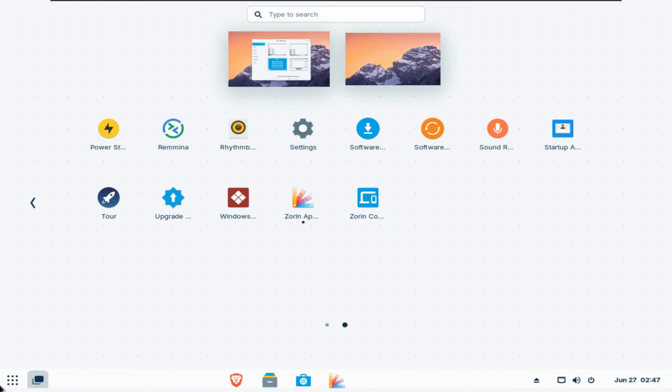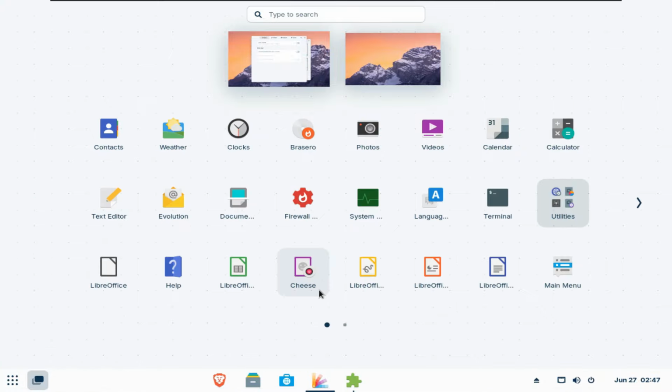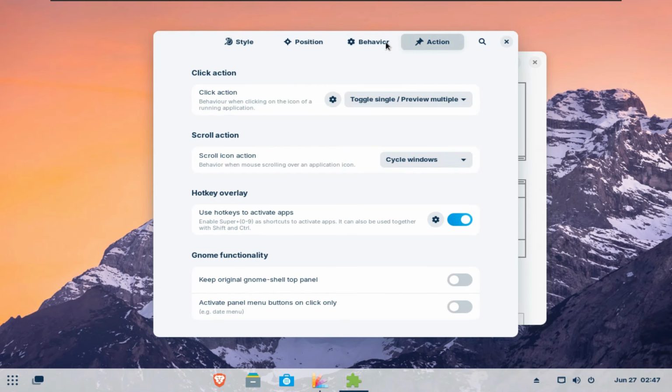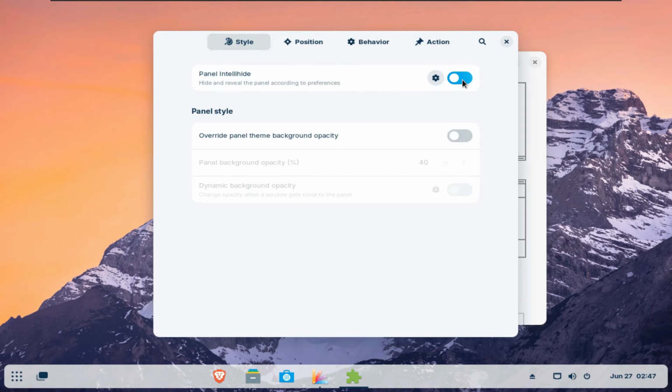But I'm sure this happens only because I'm using a virtual machine. So you can already tell that this is the problem. Yeah, that's really nice. What else we have? Extensions. I forgot about GNOME extensions. Yeah, there is GNOME extensions in here. What is this? Oh no, it's fixed. Oh wait. And here we have override panel background opacity. Oh, I like to have it like that.